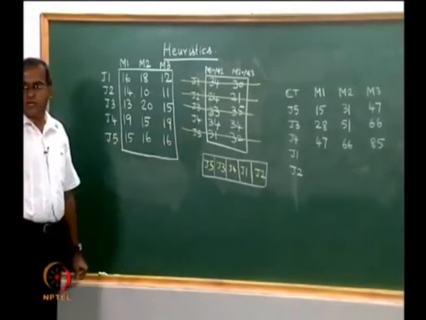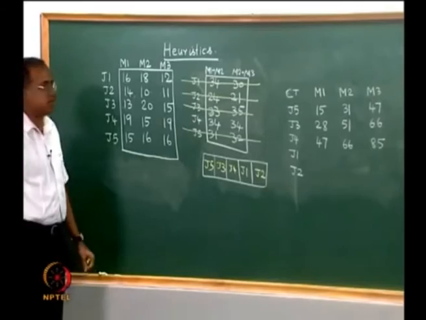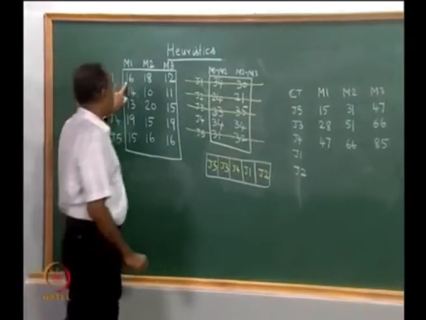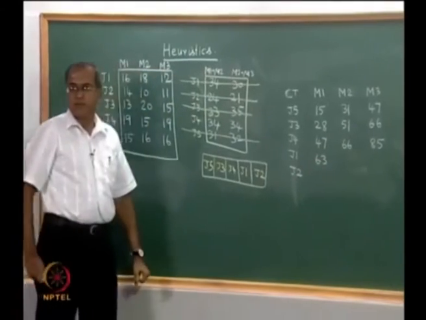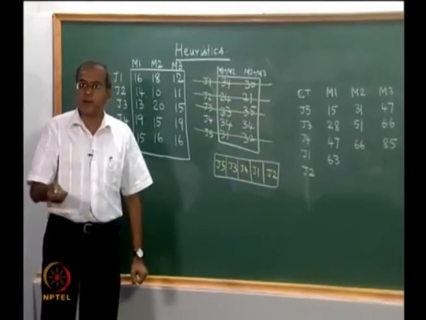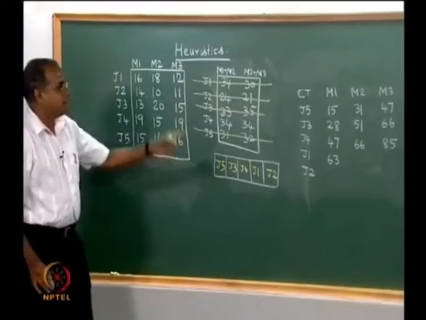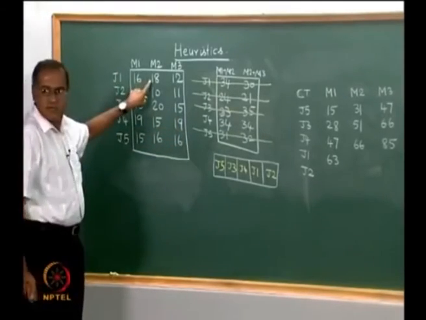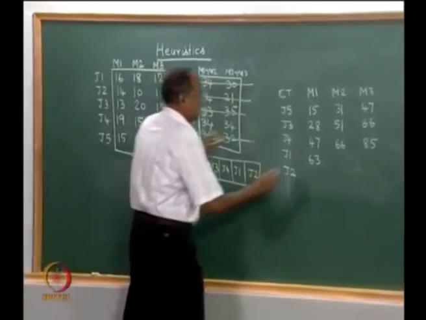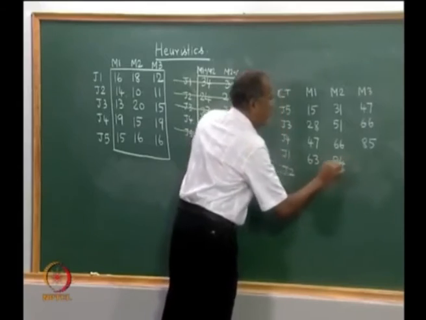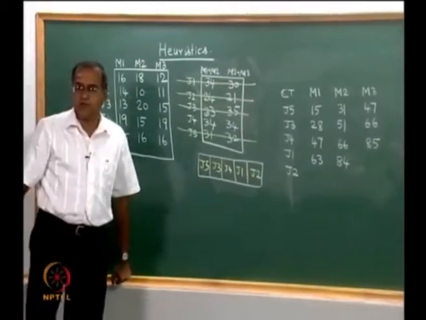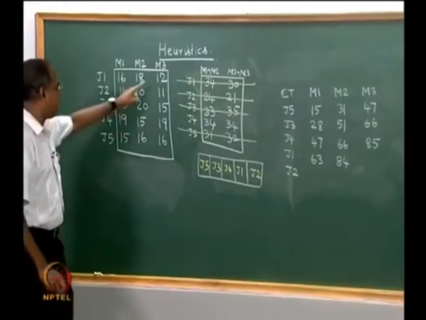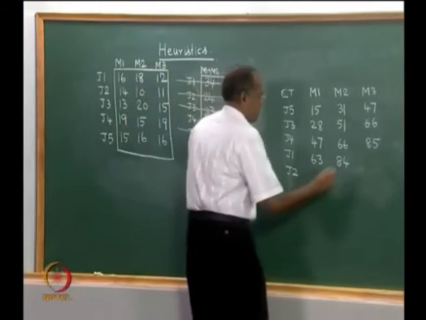J1 can start at 47 because M1 is free at 47, takes another 16, so 47 plus 16 is 63, waits till 66 for M2 to be free, goes to M2 at 66, takes another 18 and then comes out at 84, but M3 is available only at 85, so goes to M3 at 85, takes another 12 units, so